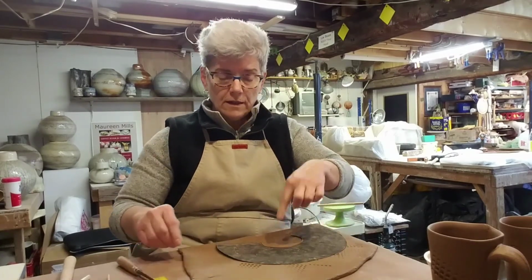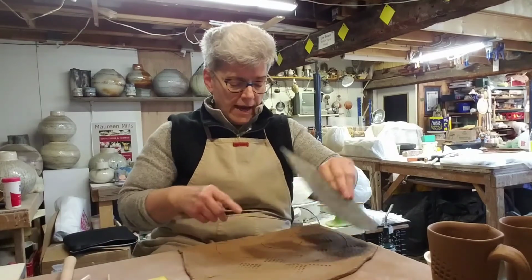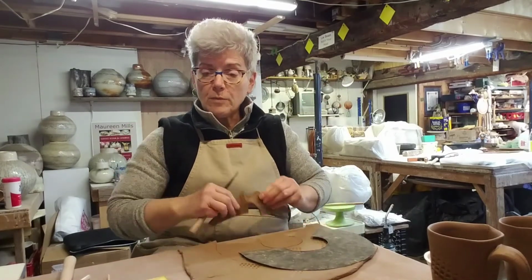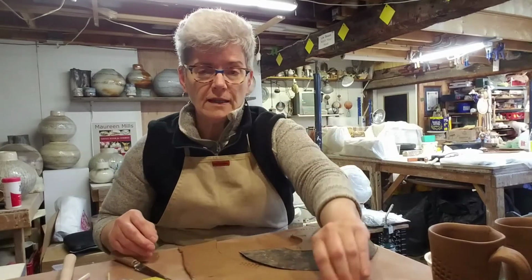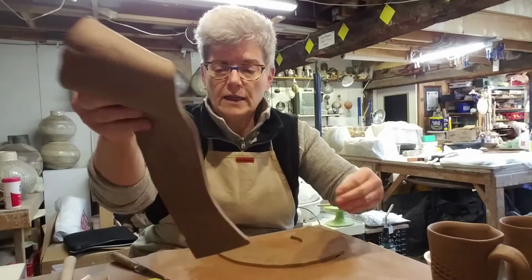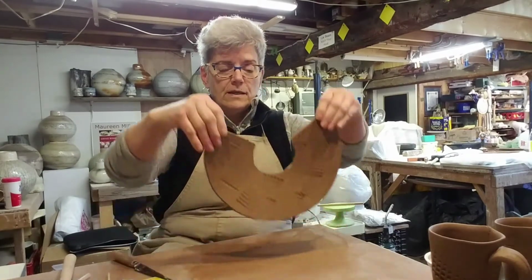of this middle circle. We're going to save this circle actually for, I'm going to try and finish it off by eye because I'm going to need a bottom for my bowl. So look, if I peel that circle out, I'm going to set that aside. That's going to be the bottom of my bowl. Set my pattern aside and move my extra clay out of the way again. So I have now this nice